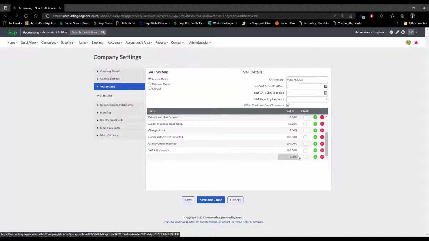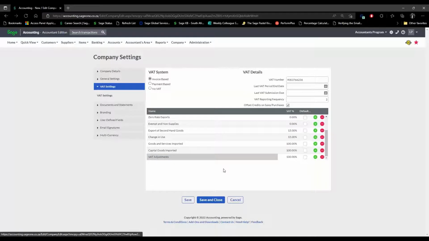So if maybe there's a VAT type that you don't need, or maybe you created an error, you can delete it. But bear in mind, if you have created a VAT type, maybe you only used it once and you try and delete it, it will not delete because it's linked to a transaction. So the moment you create a VAT type and you're processing it at least once, it will unfortunately not delete because it's linked to a transaction. So the best thing you can do in that instance is just to rename that VAT type so it doesn't